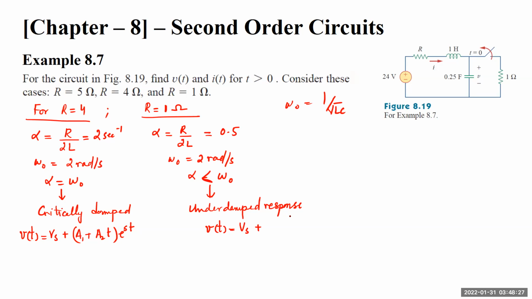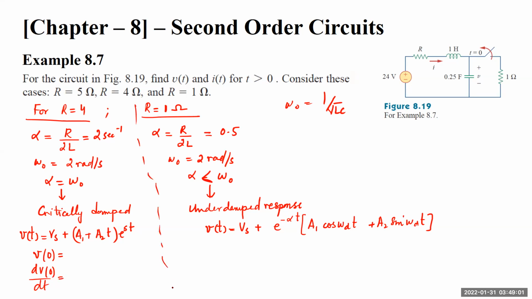And for this one, we have e to the power minus alpha t times (A1 cos of omega d t plus A2 sine of omega d t). So this is how the solution looks. Again, you have to find the initial conditions, v of 0 and dv(0)/dt. Remember,